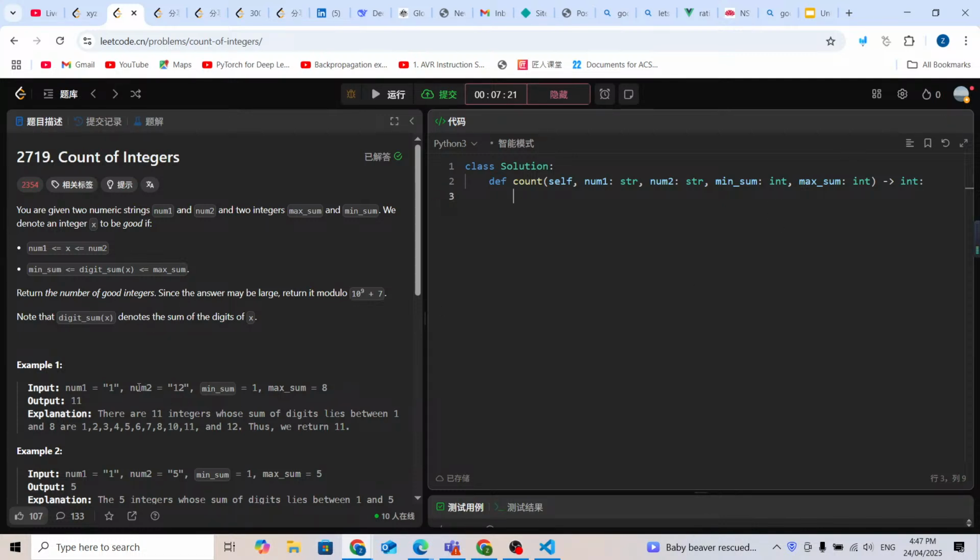is between min_sum and max_sum. So what is the digit sum? For example, if x equals 12, the digit sum is going to be 3. It's going to be between the min sum and max sum. It seems really easy to understand. The final return is the number of good integers, modulo this number. The digit sum denotes the sum of the digits of x. It seems really easy to understand, but